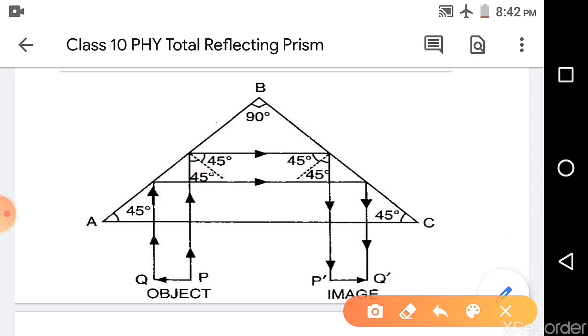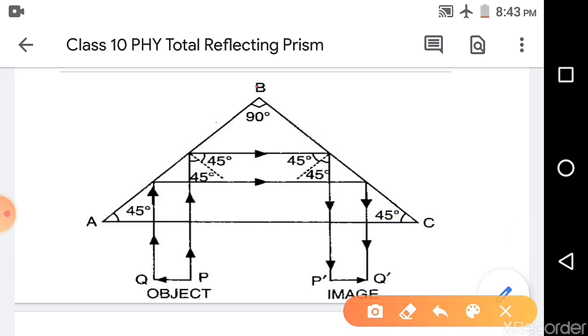That means those light rays pass undeviated when refracted on the surface AC. Now when they are incident on the surface AB, they are incident with an angle of 45 degrees, and as 45 degrees is greater than the critical angle of 42 degrees, there is a total internal reflection. The light rays are reflected totally toward this direction, and this light ray is also reflected totally, and those are now again incident on the surface BC. Those reflected light rays are parallel to the surface AC.